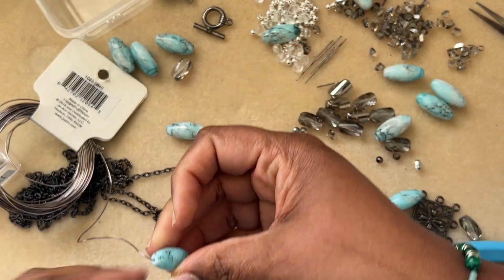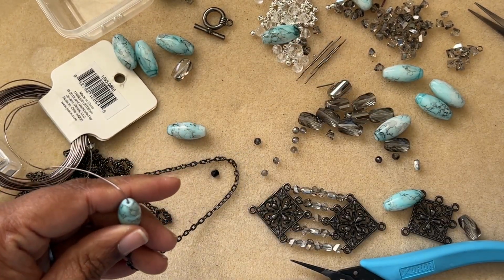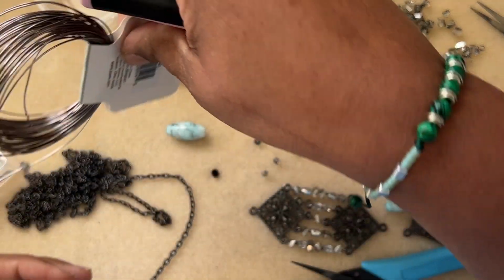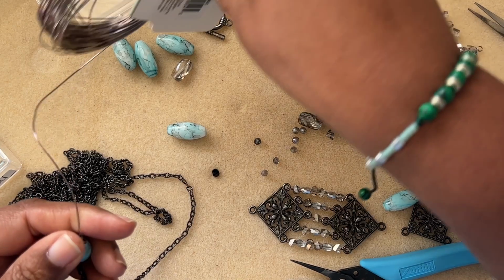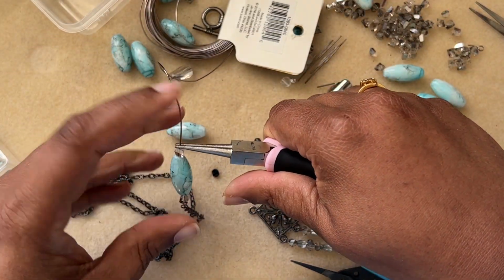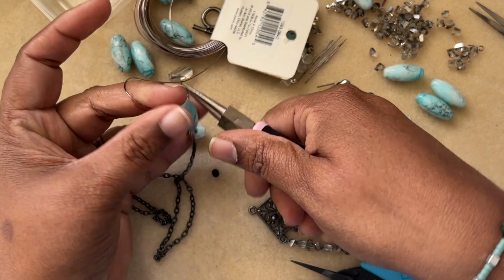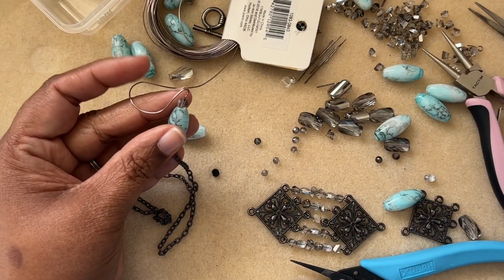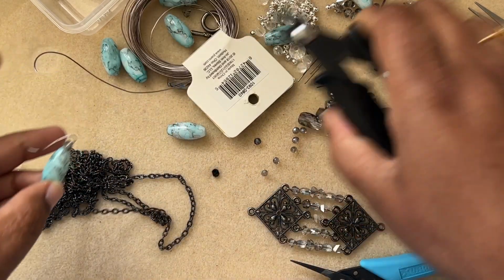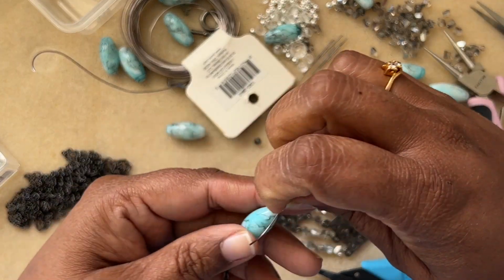I'm still working with the spool. I didn't cut it off. It's just how I work. I really like to work with the spool. See, I left the heartbeat, so that now I know for sure how much I need for wrapping. Now I can cut it. And then